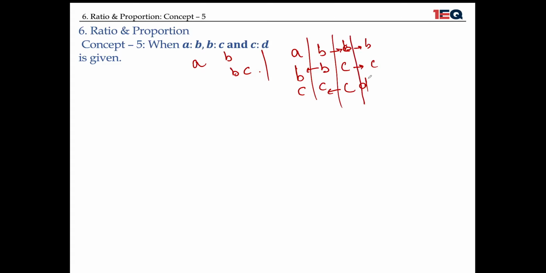And all these numbers would be multiplied in this fashion. Okay, I hope it is clear to all of you how this shifting is going to work and how we are going to multiply things. Let me take you directly to the question. If AB, BC, and CD are given in proportion, then what is the value of A is to D? Let me skip a step and help you with all of them together. If the value of AB is 5 is to 4, the value of BC is equal to 6 is to 5, and the value of CD is equal to 7 is to 10,